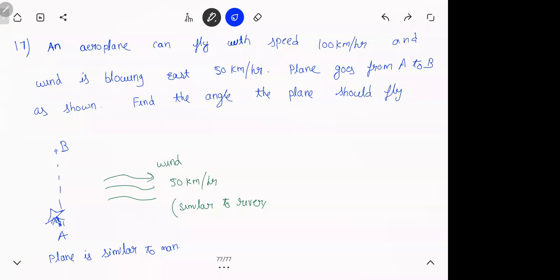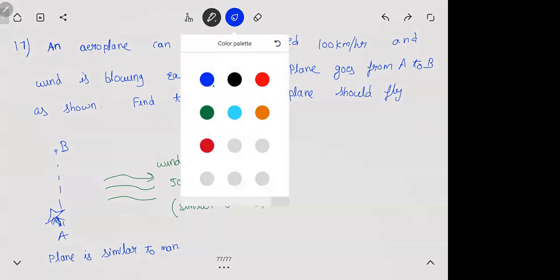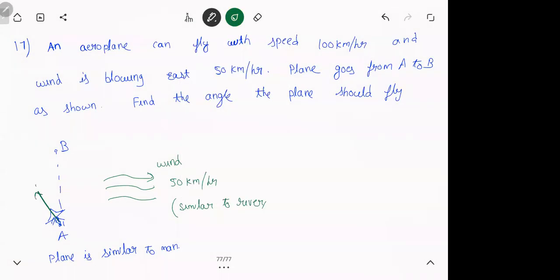If you see here, all the thetas that we derived are with the vertical. Again, it's the same story. Let the aeroplane fly like this. So what are the velocities? This will be v cos theta, this will be v sin theta, and the wind is blowing horizontally. So the horizontal component should be 0 because you're going straight. Instead of remembering the formulas, I want you to remember this process.